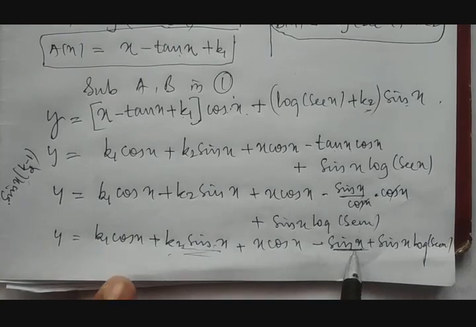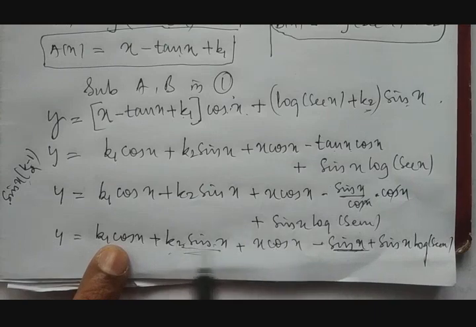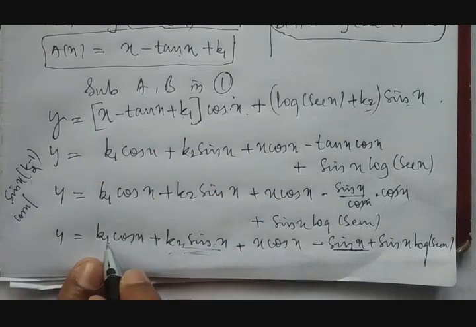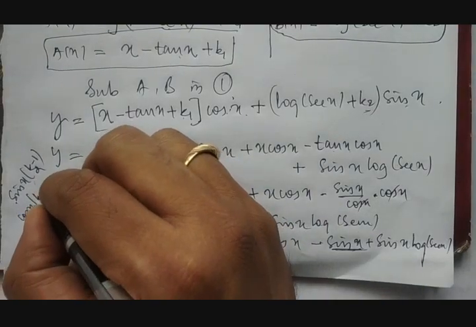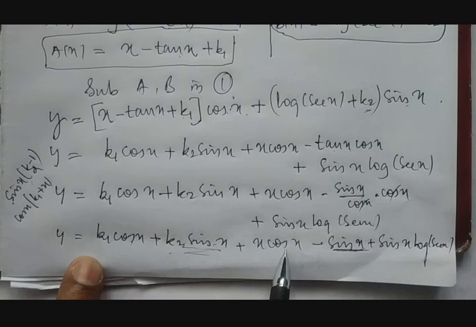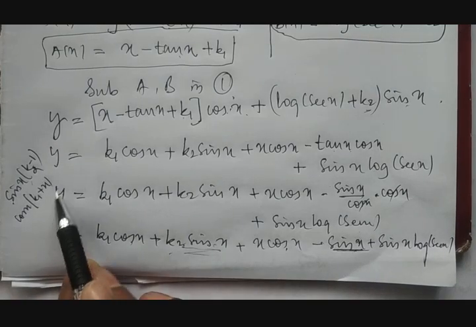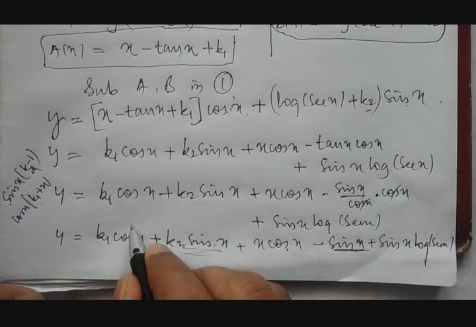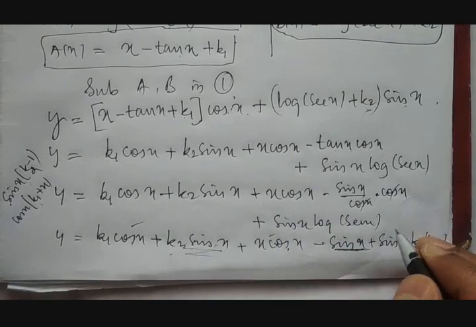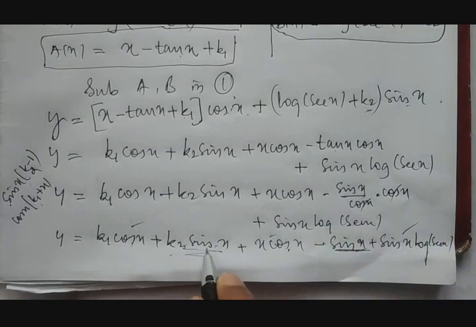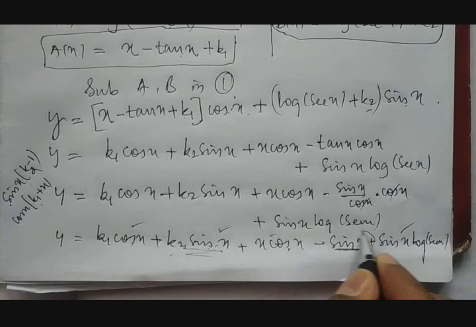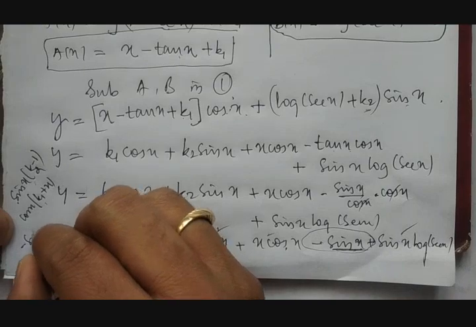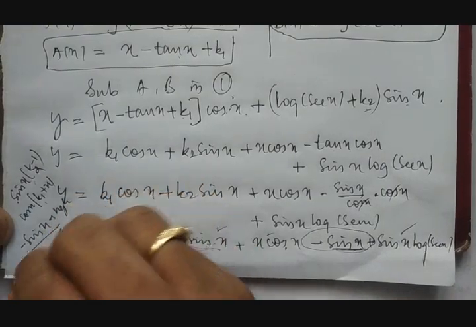Next, you might be thinking, if this is so, then why not this? Here also cos is there. If we take cos x common, then what remains? k1 plus x remains. But we are not going to ignore this step because it is k1 plus x, because k1 is constant and x is a variable. So because of that, we'll keep this term as it is, this term as it is, this term also as it is. This has to be ignored. Therefore, minus sin x has to be neglected.